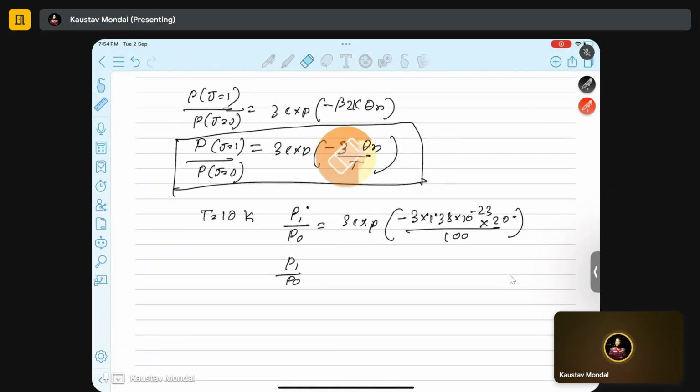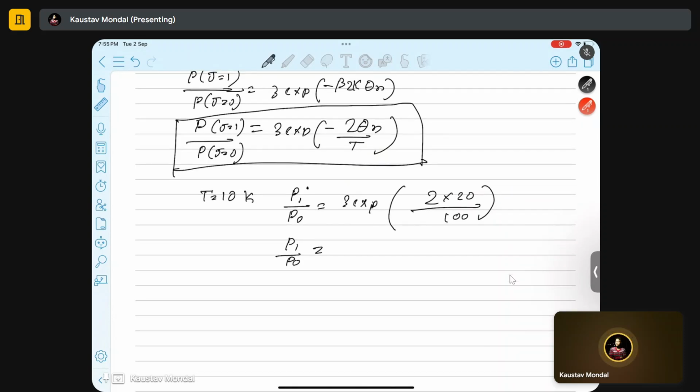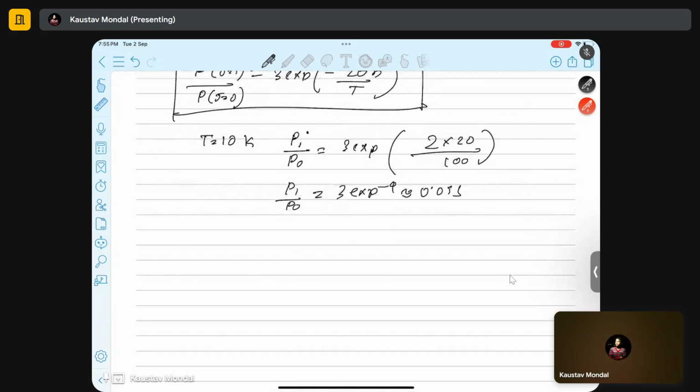It's 2 into theta, so it would be 2 into 20. So P1 by P0 equal to 3 into exponential of minus 4, so it's almost 0.055. Now at T equal to 50 Kelvin,